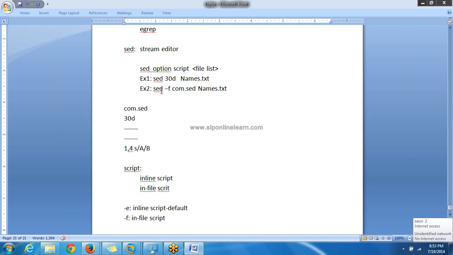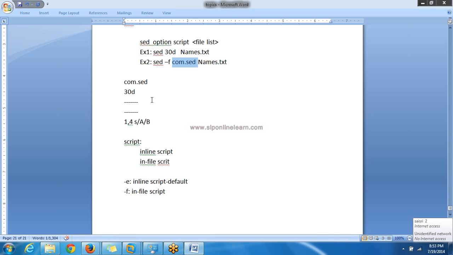So here sed, space, minimum one space, -f. Use this option for a file. If your script is placed in a file, then use this option. Space, your file name, space, the input file. This can be a single file or more than one file. You can specify any number of files as input to this sed command. So these regular expressions will be applied on all those files. How it will be executed, that we'll see next.